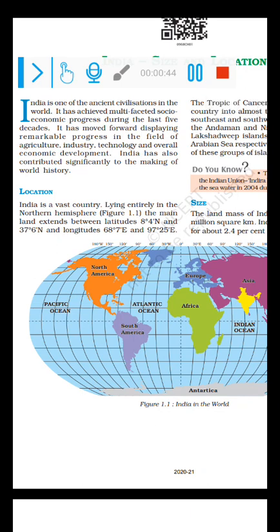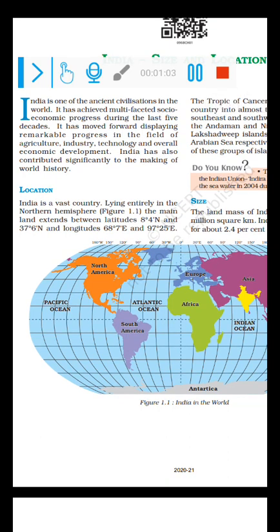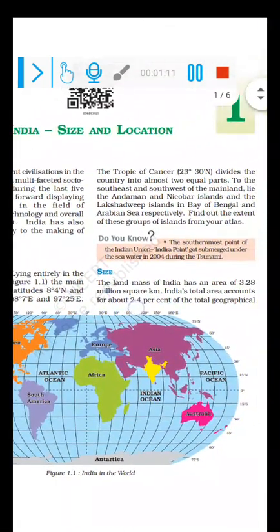Then we come to the location of India. India lies completely in the northern hemisphere, that is above the equator. Okay, that means it is lying between 8 degrees north and 37 degrees 6 minutes north. So it is lying completely in the northern hemisphere, and the longitudinal extent is 68 degrees 7 minutes east and 97 degrees 25 minutes east. So that means it lies completely in the northern hemisphere and the eastern hemisphere, as it is lying on the eastern side